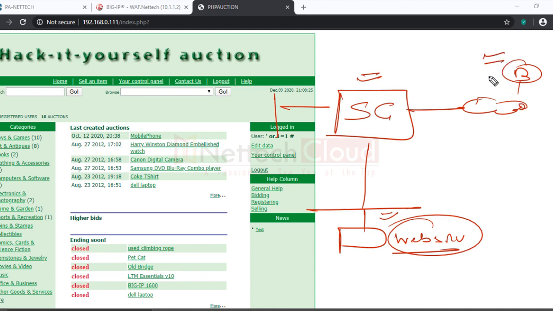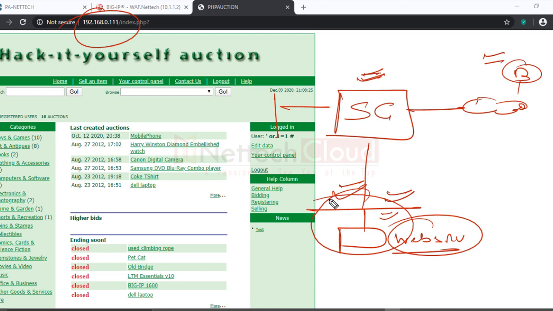And I have accessed the DMZ web server with this IP address 192.168.0.111, because there is a static NAT policy already created. So yes, I was allowed to access the web server, but I was also allowed to do some kind of attack, a SQL code injection attack, and with the help of it, I was able to retrieve the user database, right?